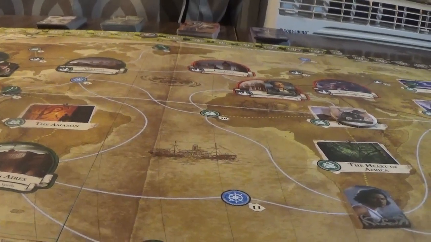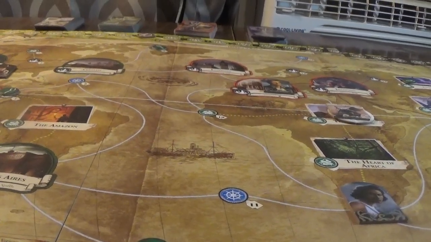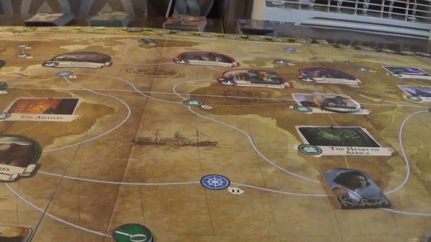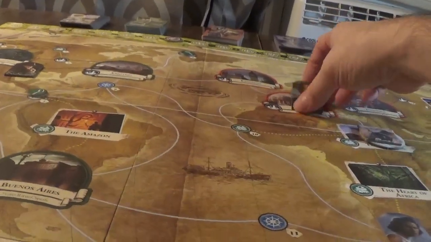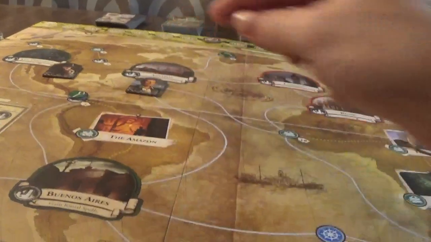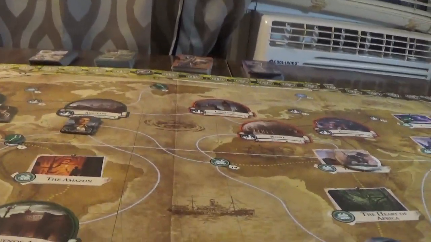Okay, I think this is what I'm going to do. I'm going to have Bob prepare for travel. A ship. And then I'm going to move him to here. Rita, of course, will...